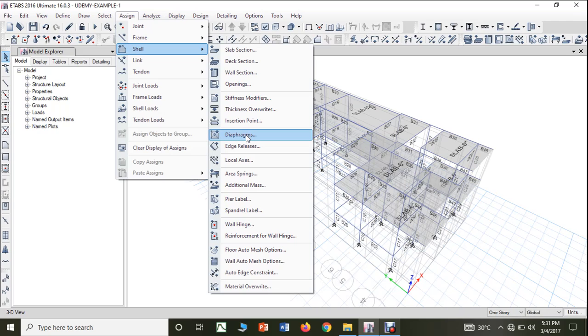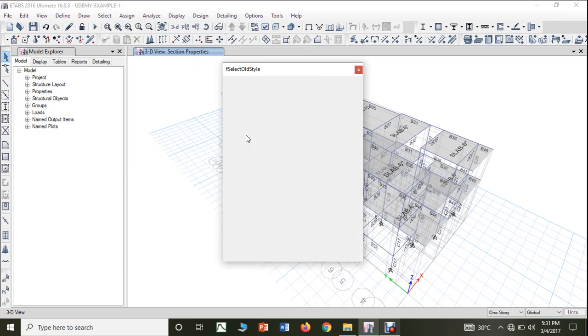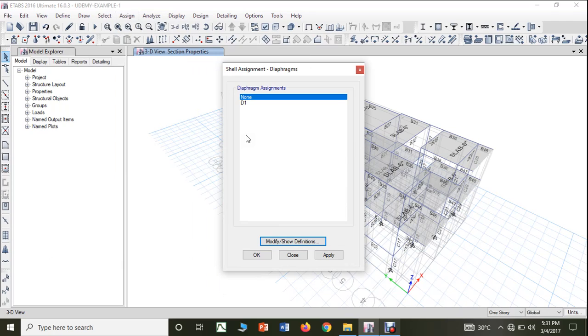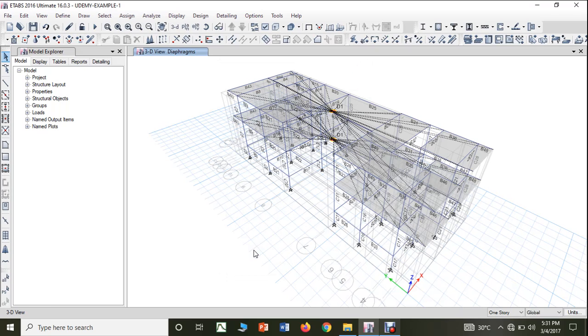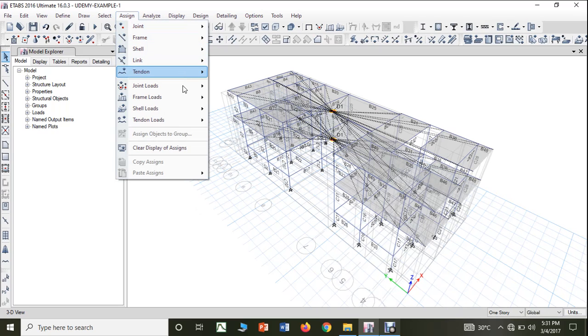And the next that you can have is about the diaphragms. Okay, so we have already assigned the diaphragms, so that will be assigned to the slabs' diaphragm. In the same manner it will be assigned to the shells. Yes, so that is about applying the diaphragm, right? So the next option is, you can see that